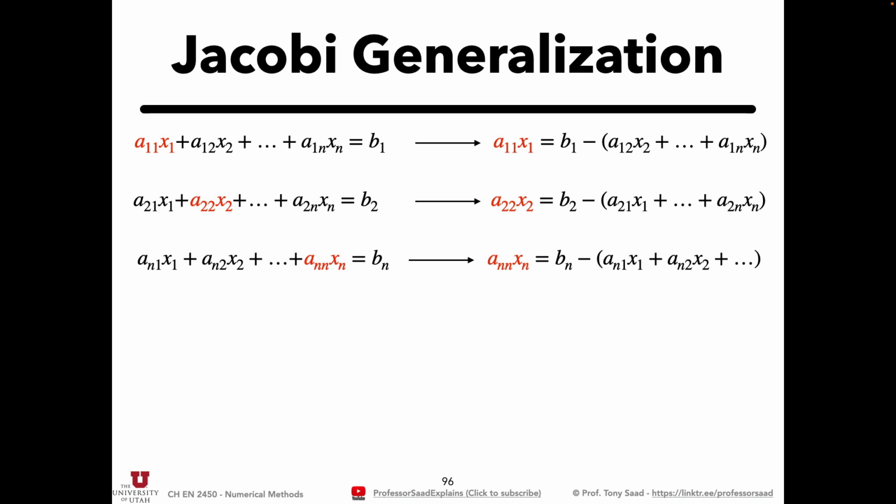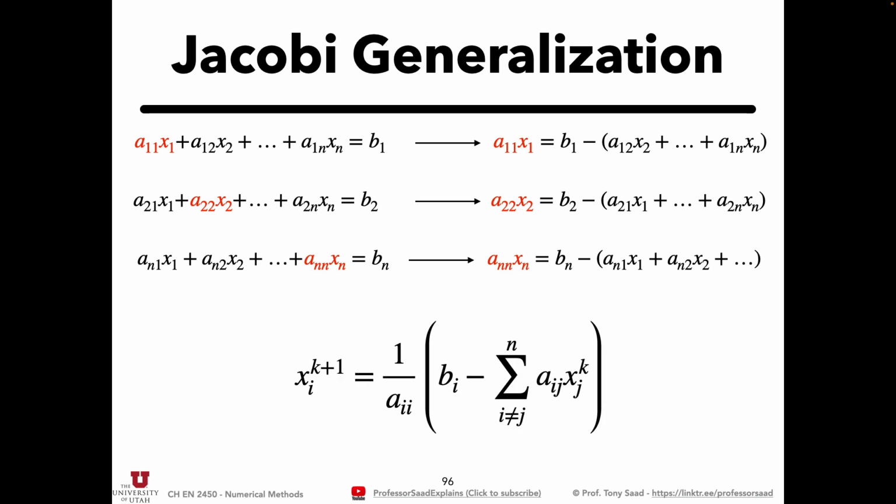Equation 1 for x1, equation 2 for x2, equation 3 for x3, same idea. More unknowns now. You see how for any row i in the matrix, any unknown i in the matrix, the formula is the same. It's 1 over the diagonal entry times b_i. So it's the same formula: x_i equals 1 over a_ii times